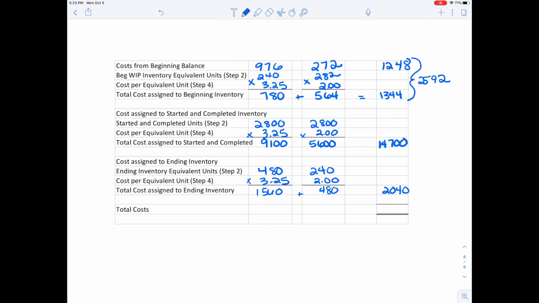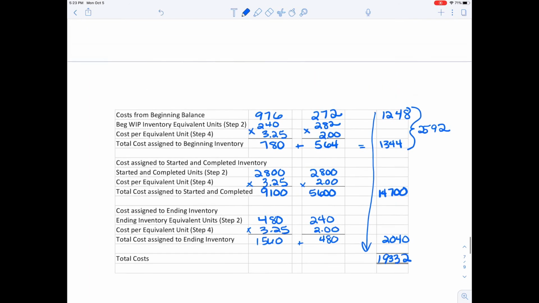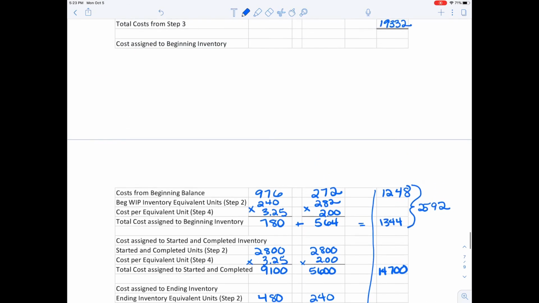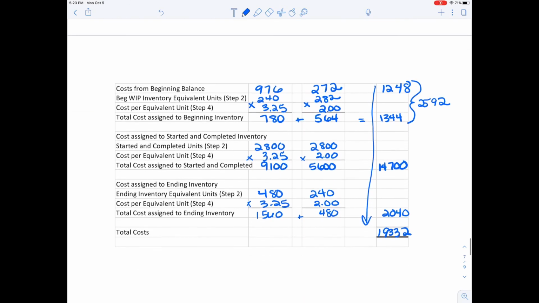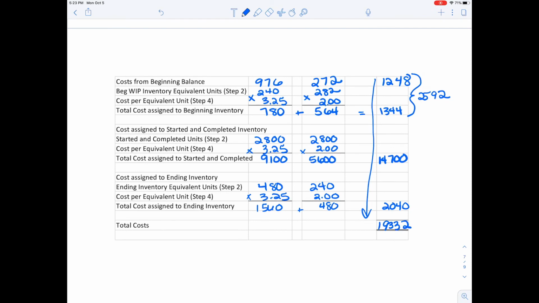And just to make sure we did it all right, we're going to add each of these 4 numbers together. Make sure they equal that 19,332 with what we started with. So hopefully you can see the differences between the weighted average and the FIFO. Hopefully this gives you a good example. Again, this template is available in Blackboard if it's helpful. Otherwise,